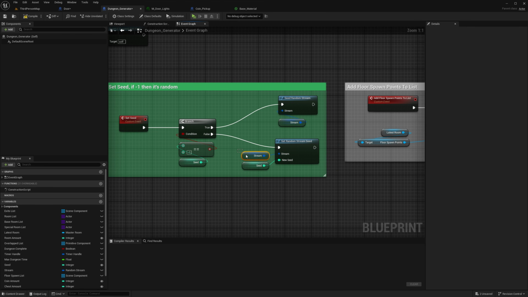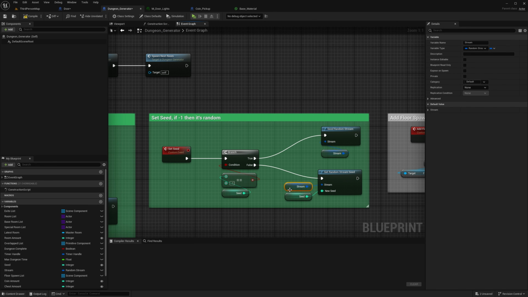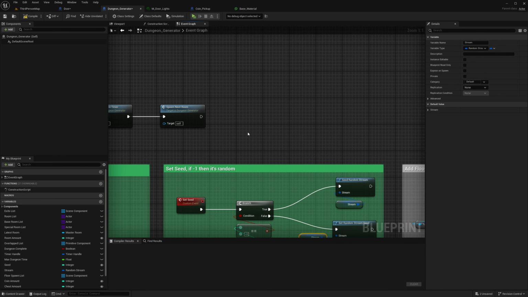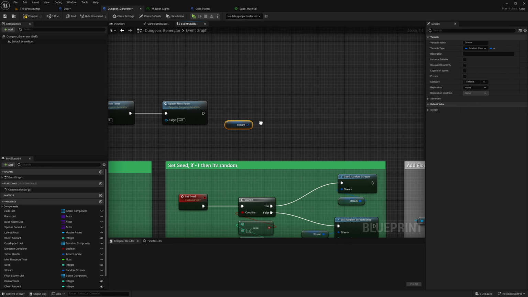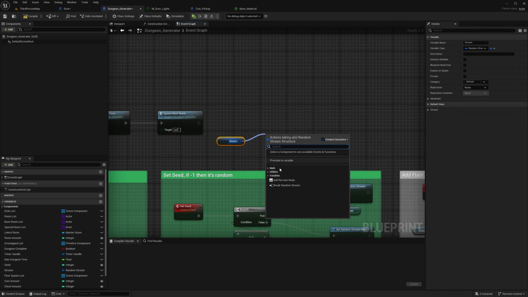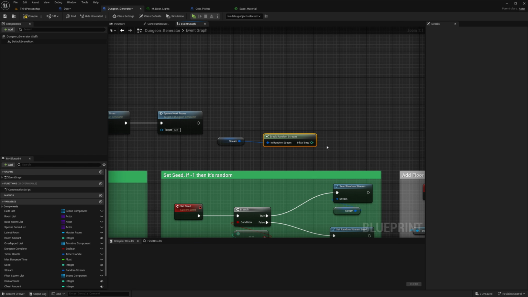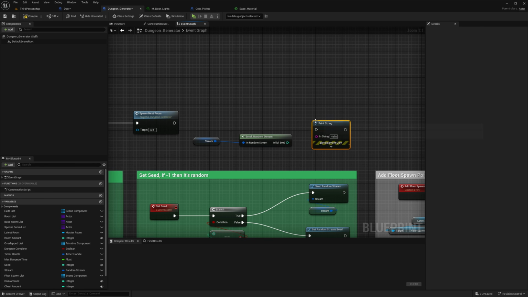You know, where we set the stream and everything from part 2. I couldn't figure out how to print the seed number that we're using for these dungeons, and people are telling me that I can just drag in the stream here, get it, and then I can break random stream. The thing is, let's say here print string. I make a print string. Let's play it.